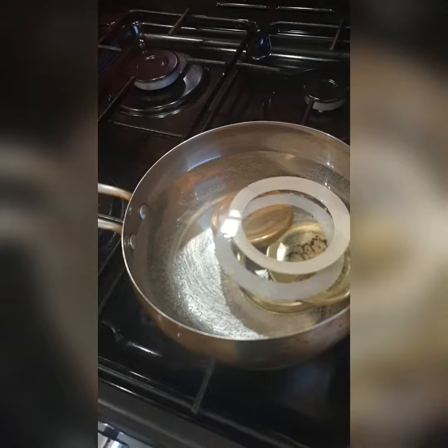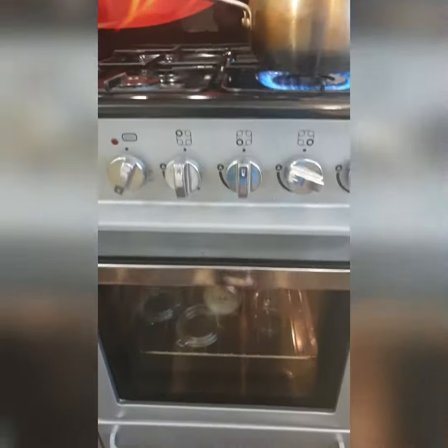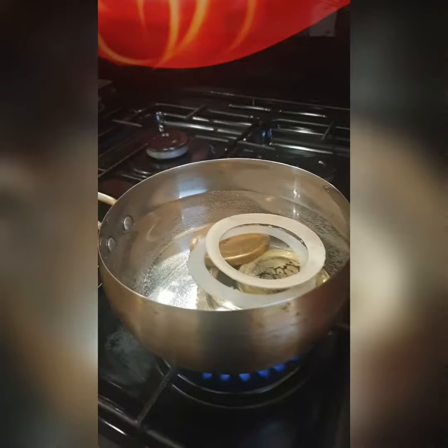At the moment I've got my lids and my seals in a pot, and I'm just going to bring that to the boil for 10 minutes, and then I've got the jars in the oven. They're at 180 and they're going to be in the oven for about 15 minutes just to make sure